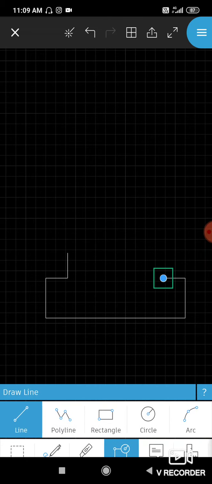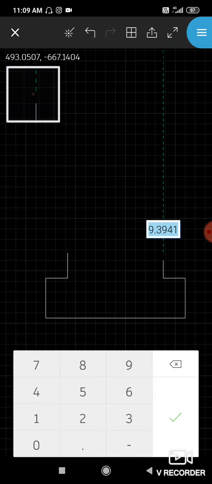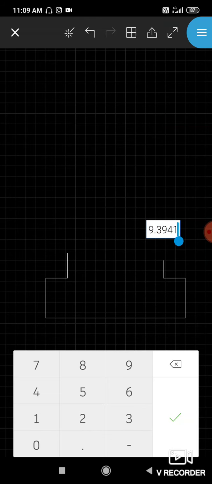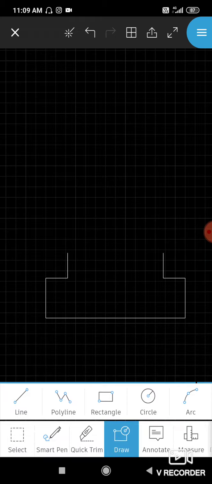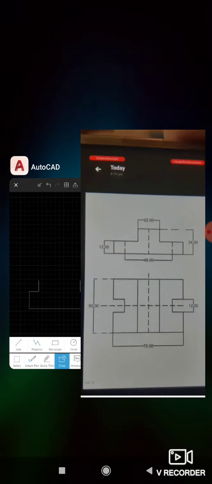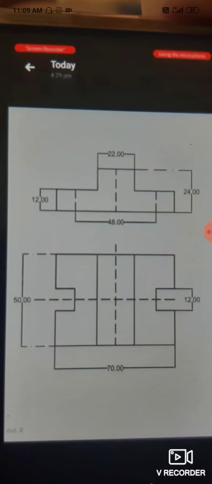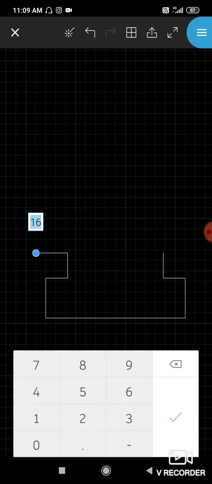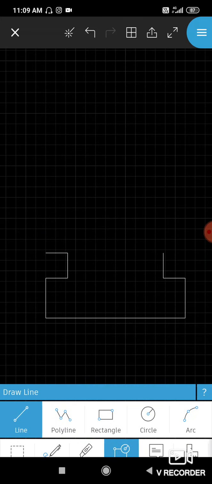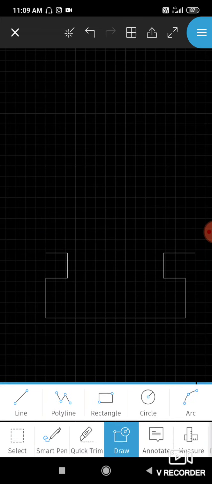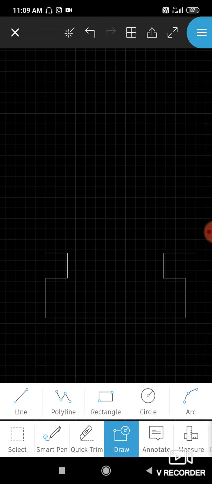Again line command, done. Again we have to draw 11 outwards. Select the line command, 11, done. Again line command, extend, drawn.